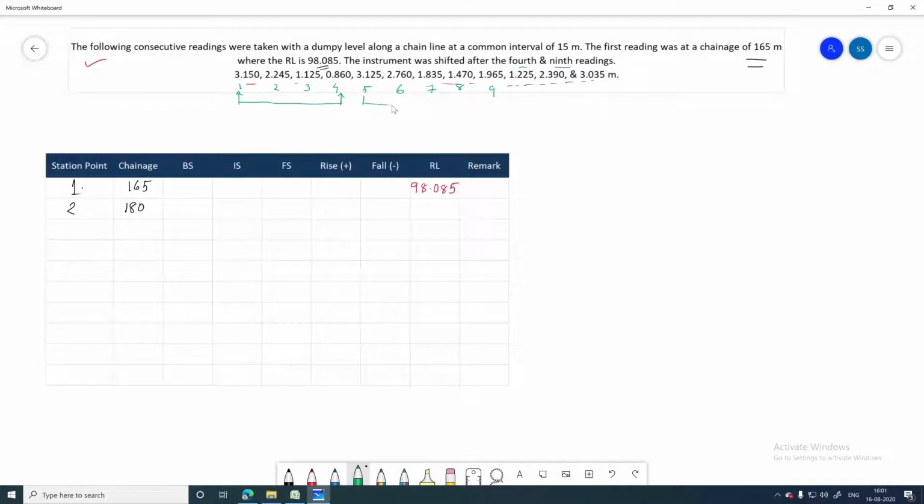So these particular values, that means from 5th to 9th readings, are taken from another instrument station. Suppose this is instrument station 1, this is from instrument station 2, and after the 9th reading it is shifted. So these readings, this is the 10th, this is 11th and this is 12th, are taken from another instrument station. Consider this is instrument station 3. If you make a diagram something like this,